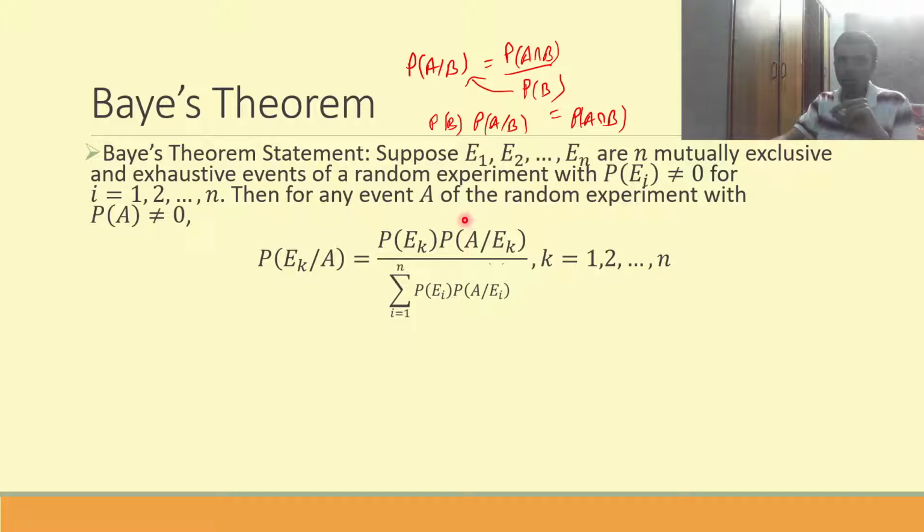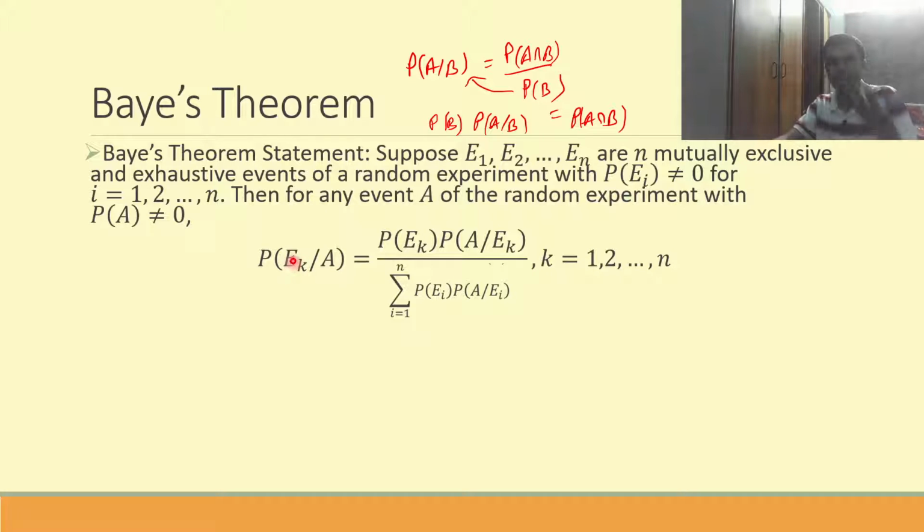Fine. Now then for any event A of the random experiment, okay, some event A of the random experiment, and P of A is not equal to 0, the probability of that event happening is also not 0. Then P of Ek by A, what does this mean? It is probability of event Ek given A. That means what? A has occurred, after that